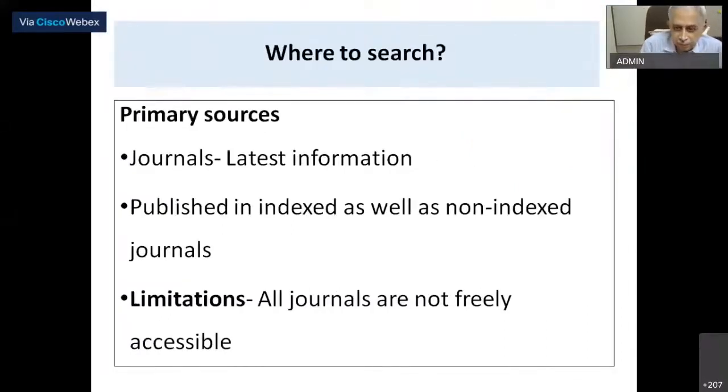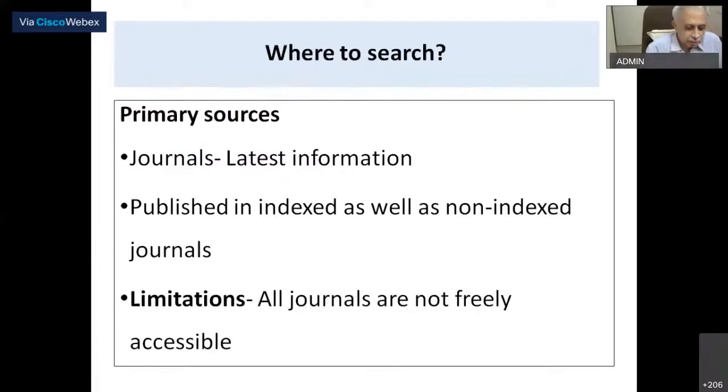So where to search? One important source will be journals. Now thousands of journals are there. Most of the people will refer to the high impact journals with more citations because they think they are more reliable. It does not mean always so, because even in New England Journal of Medicine, Lancet, the initial COVID papers, they all had to retract because they had published without proper data. When people asked for data, these people did not have data, so they had to retract their papers. So you may cut a sorry figure if the study is not properly done.